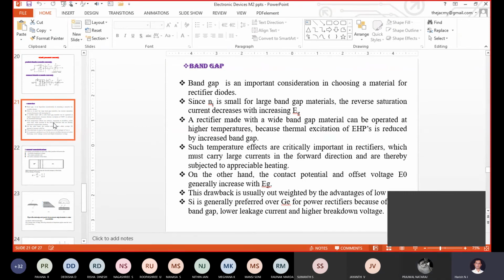For germanium, 0.6. Around 0.5. 0.75. In some textbooks they say 0.6 something, and in some textbooks they say 0.75, but less than 1. Less than silicon. Correct. So obviously, compared to these two, if we have to choose the one with the larger energy gap, which will I choose, silicon or germanium?